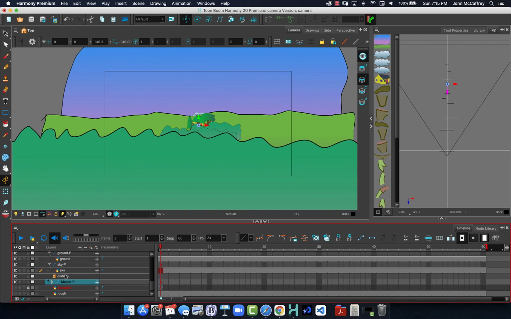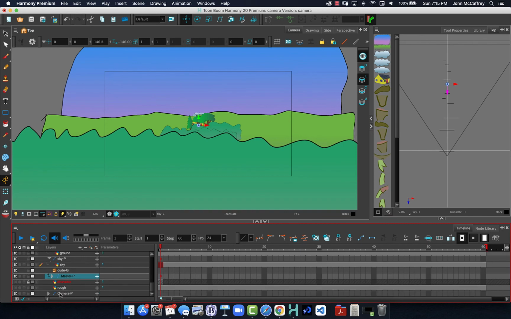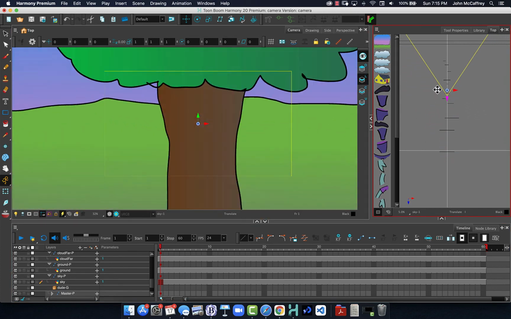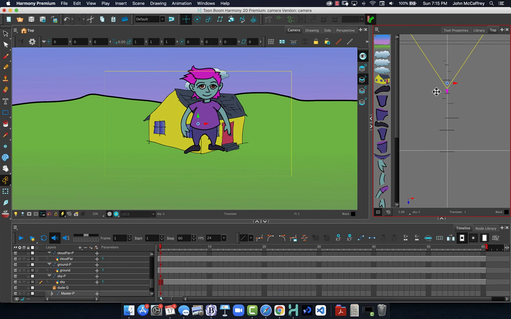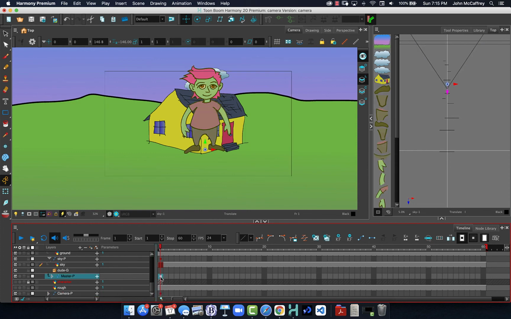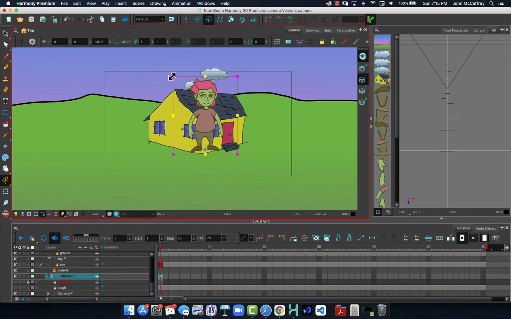So now let's go back to the camera right here, and I'm going to just start my scene pushed in. So, all right, character's a little bit big, so we'll modify the dude a little bit here just to do a little bit of scale. So again, I can grab the scale tool, hold down shift, keeps it proportional,